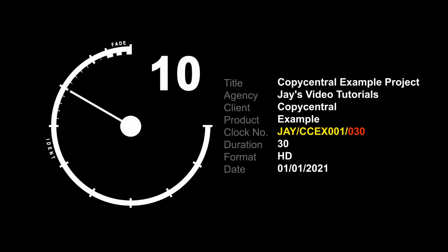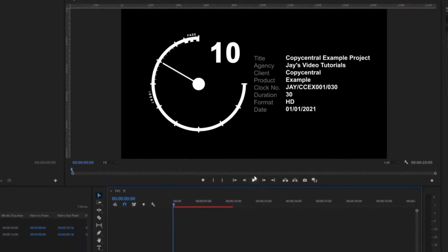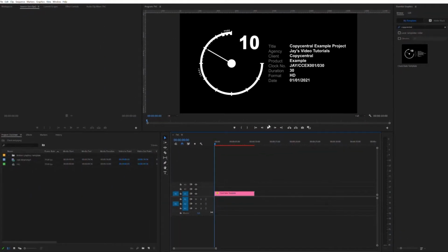We end with the last 3 digits, which represent the number of seconds within the adverts. So if your advert is 30 seconds, you'd add 030. However, adjust accordingly to the length of your ad. So a 60 second would be 060. As a side note, all UK TV ads are created to 10-second intervals. So if your clock number ends in any digit other than 0, you've probably gone wrong somewhere. So double check how long your ad is and make sure it ends on a 10-second interval.